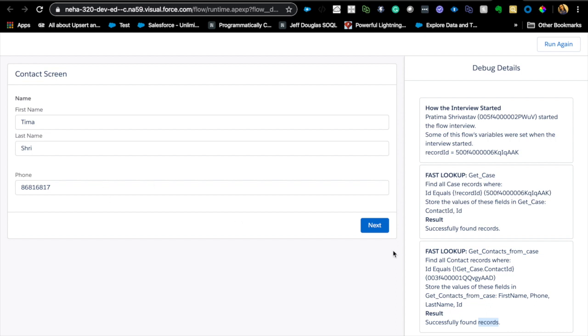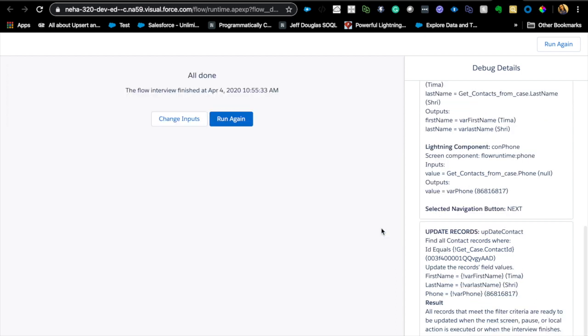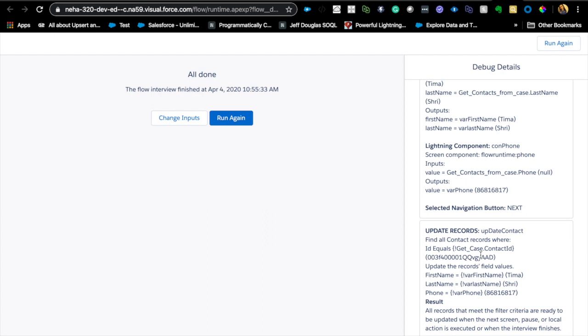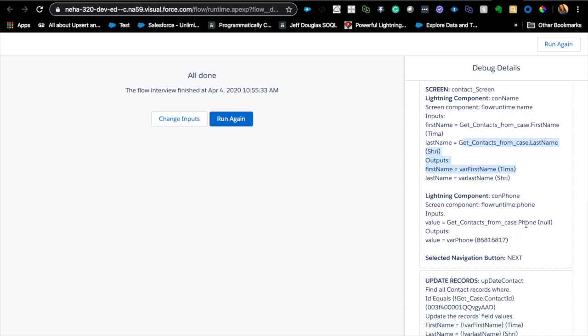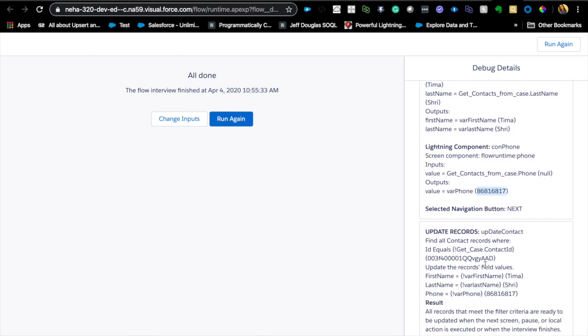And then I put it here and I hit next. Now, it's actually going to tell me, and this is what Lightning component means. These are standard Lightning components. I didn't build this, nobody else built this. Salesforce provided it for us. So first name, get contacts dot first name, that's Tima, last name, and here we have phone, which is also dot phone. It was null initially, but then I added that value, so it's value, and update records,